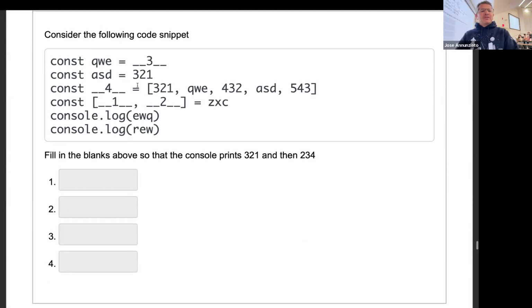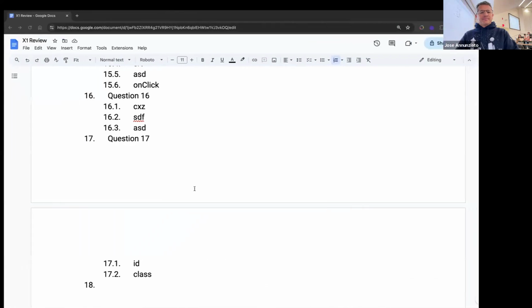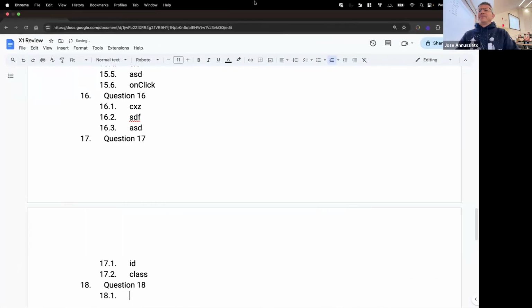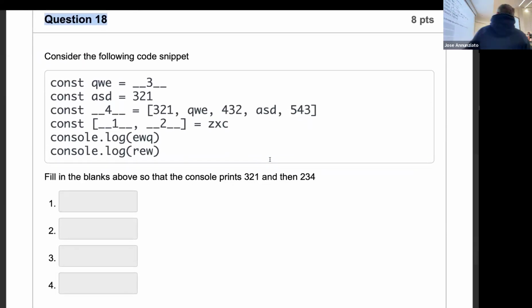All right, so here's another one. This is question 18. Here we have QWE equal to something we don't know yet. It says fill in the blank above so that the console prints 321 and then 234. So EWQ must be 321 and REW must be 234. It looks like what we're doing here is